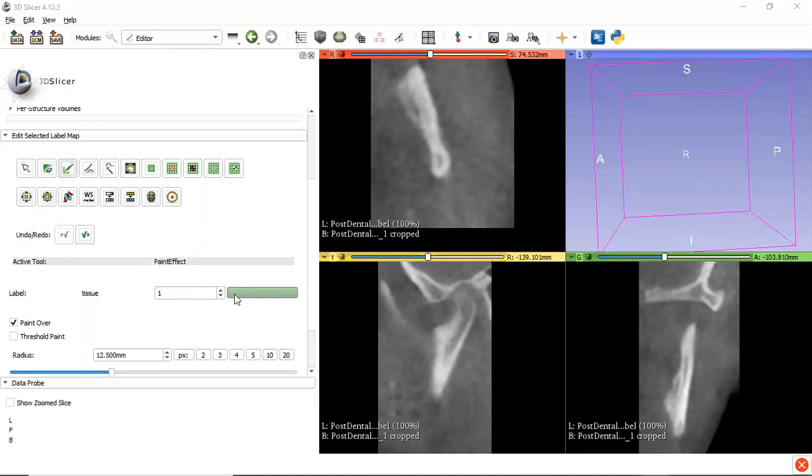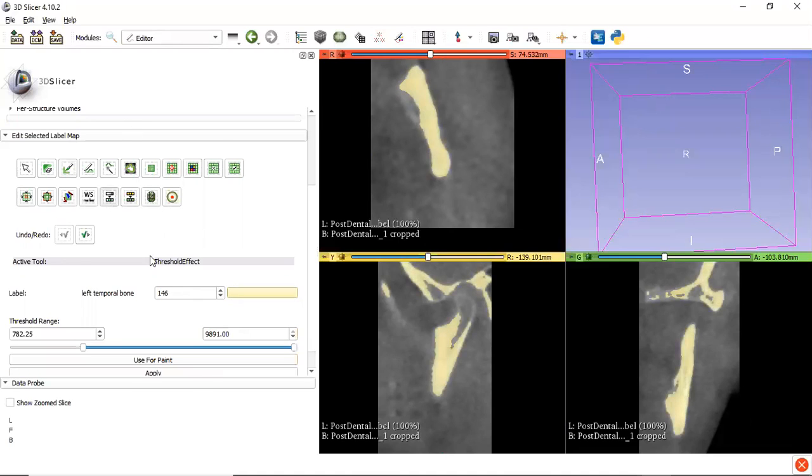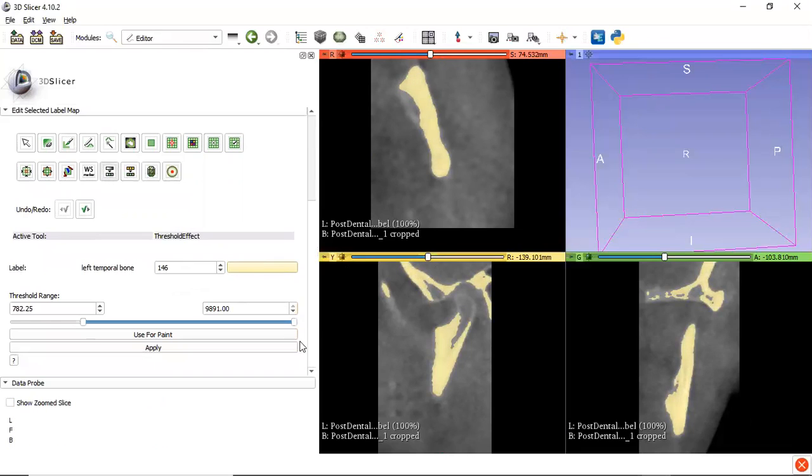As you can see over here, it is 146. And let me select the threshold effect. So as you can already see, it is almost perfect. As I move over here, it is showing what will happen. So the one which is given is pretty good.